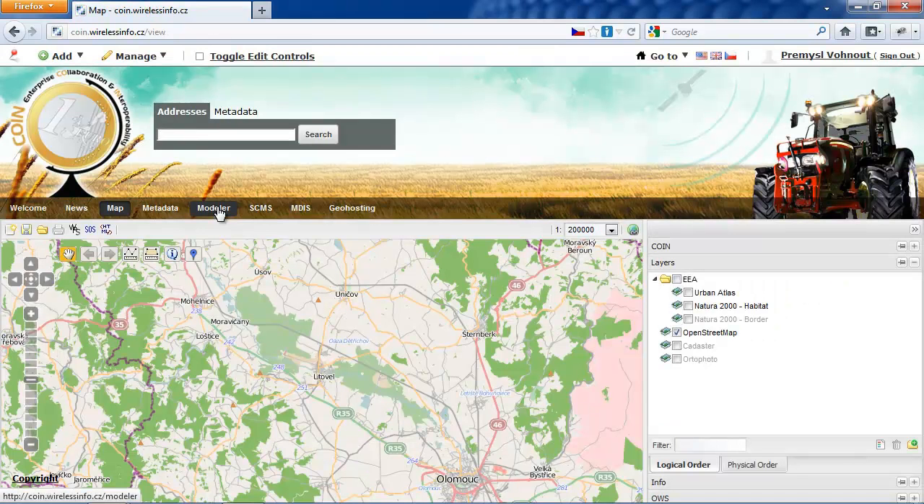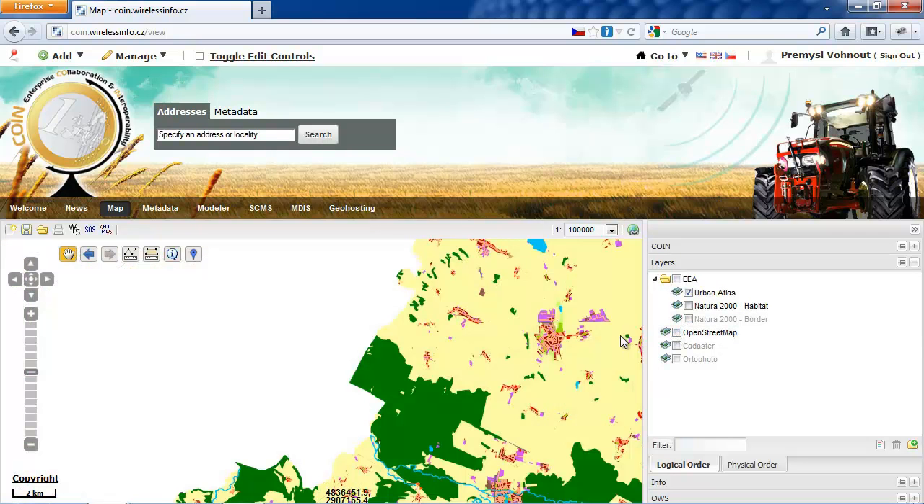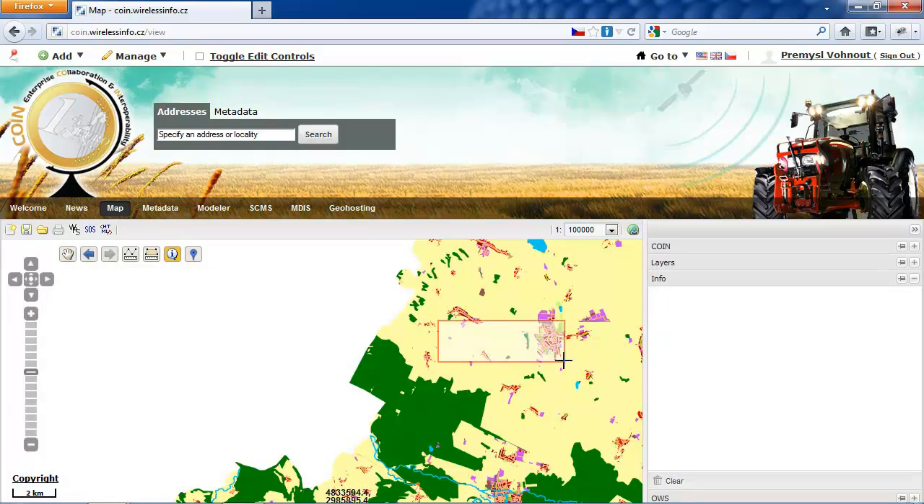Map viewer provides access to data from farm and also to reference data like orthophoto, cadastre, topographic maps, and others. Viewer supports interactive work with map like zoom, layer switching, layer querying,